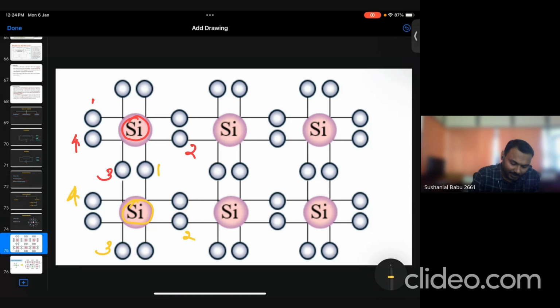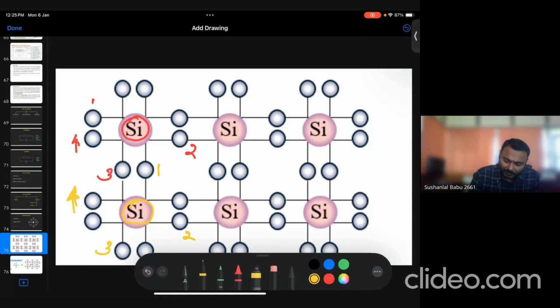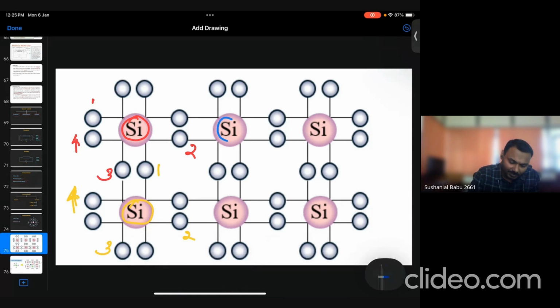See, you can see here, and another silicon. If I am selecting this one, then it has one, two, three here. It is four. So actually, this second one is sharing. Both are shared. This and this shared by this silicon,